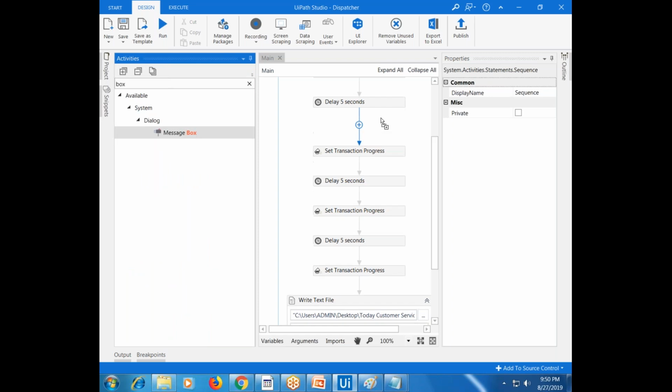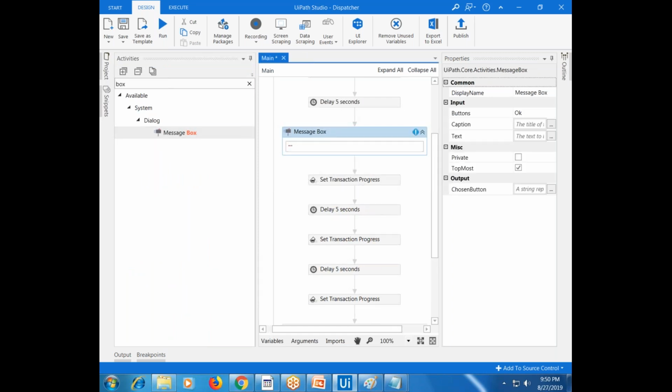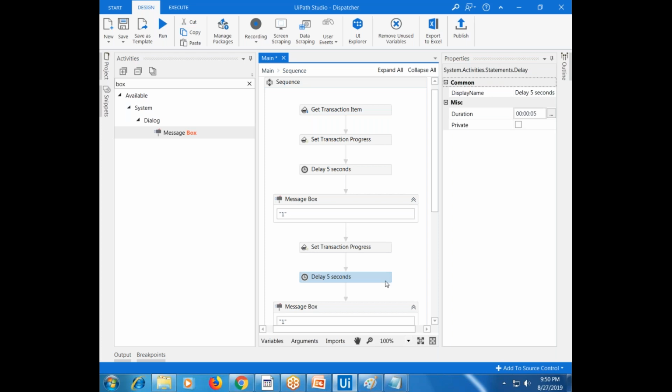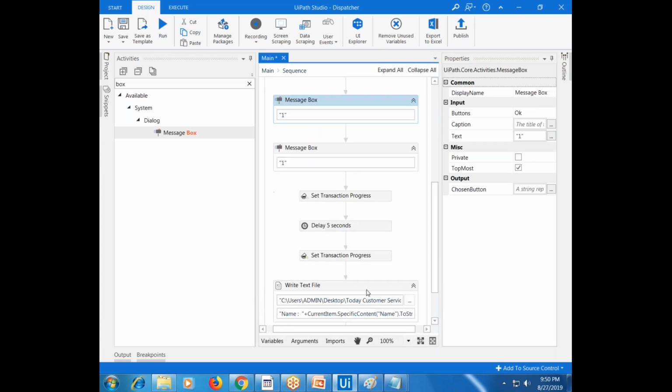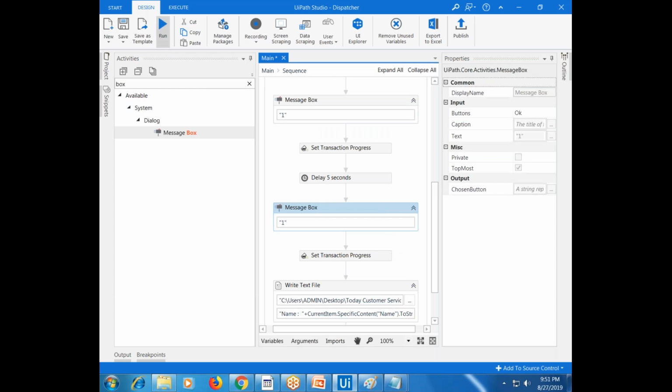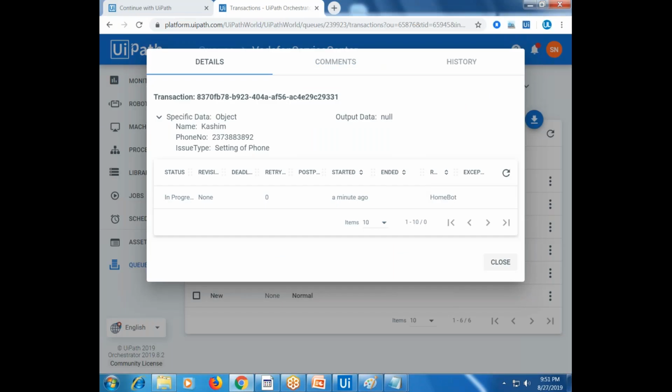Basically it will give the... Run now. Okay,